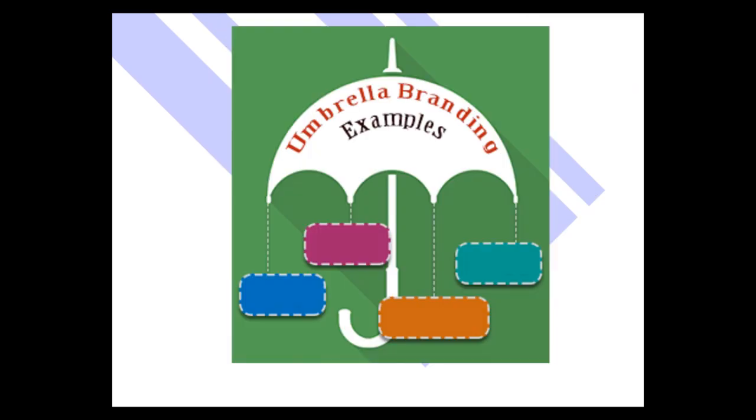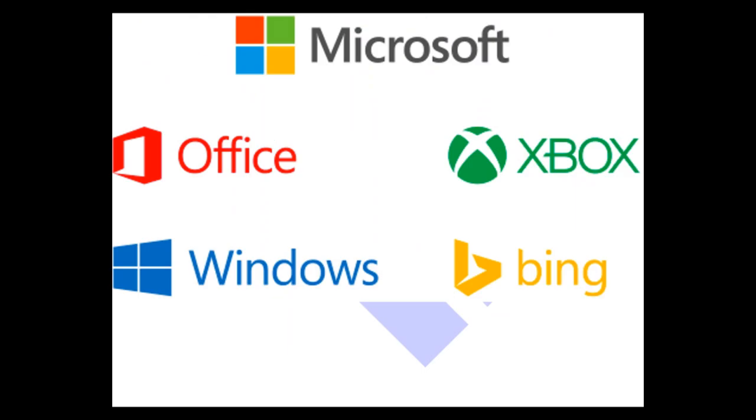Now, what would be examples of umbrella branding? Well, Microsoft. They put the Microsoft name on everything, almost everything, but then most of their businesses have sub-brands. It's Microsoft Office, Microsoft Windows, Microsoft Xbox, Microsoft Bing. In fact, we could take Office. Office has sub-brands. It's Microsoft Office Excel, Microsoft Office PowerPoint, Microsoft Office Word. So there's really 3 separate brands all in there.